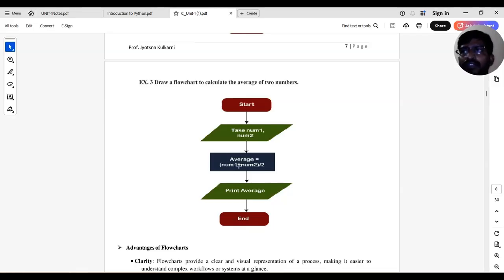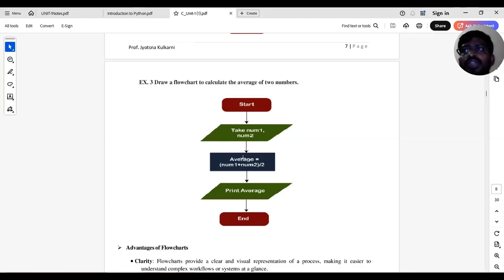So, in Hindi, if I have to explain this: सबसे पहले हम लोग क्या करेंगे, हमारा फ्लोचार्ट स्टार्ट करेंगे विद द हेल्प ऑफ ओवल सिंबल। और अगर हमको यूजर से कुछ वैल्यूज इनपुट लेनी, जैसे कि इस प्रोग्राम में हम लोग यूजर से दो वैल्यूज इनपुट लेनी num1 एंड num2, तो उसके लिए हम लोग यूज करेंगे पैरेललोग्राम। देन जो भी वैल्यू आए, वो वैल्यूज के ऊपर एडिशन करनी है और उसी नंबर से उसको डिवाइड भी करना है। तो num1 प्लस num2 डिवाइडेड बाय दो। नंबर हमने यूजर से लिए तो हमको एवरेज निकालना है, तो दो से उसको डिवाइड करना पड़ेगा। तो num1 प्लस num2 डिवाइडेड बाय 2।